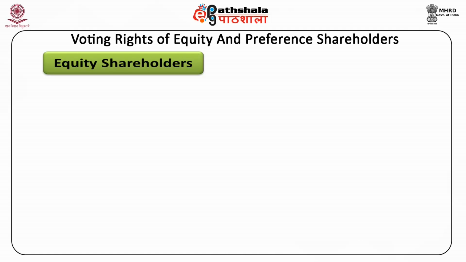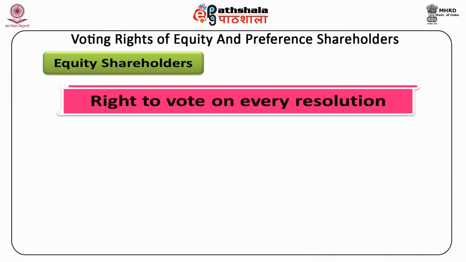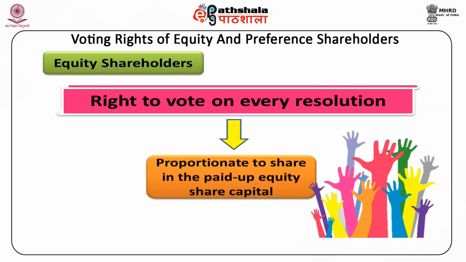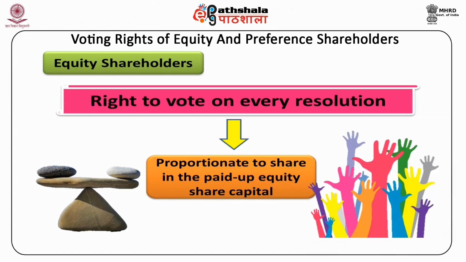First, A. Every member of a company limited by shares and holding equity share capital shall have a right to vote on every resolution placed before the company. B. His voting right on a poll shall be in proportion to his share in the paid up equity share